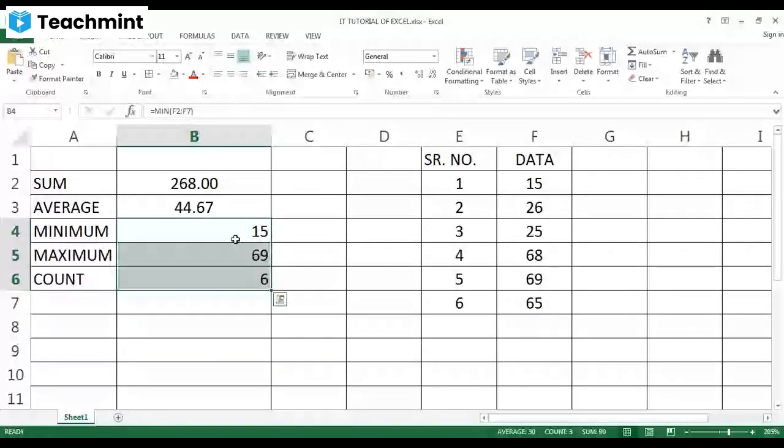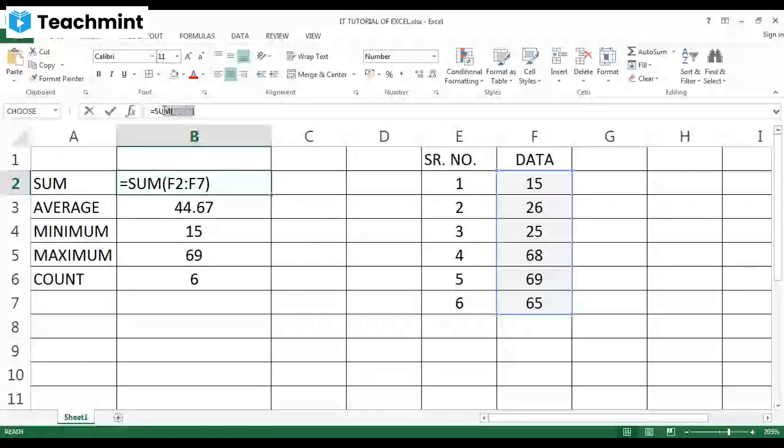I have applied many functions here. See, when I select the cell B2, it displays 268 in the worksheet area, but it displays the function in the formula bar.